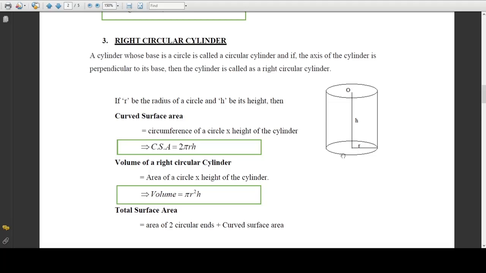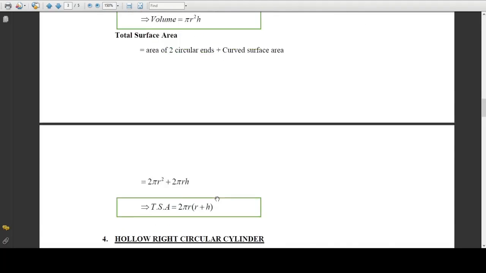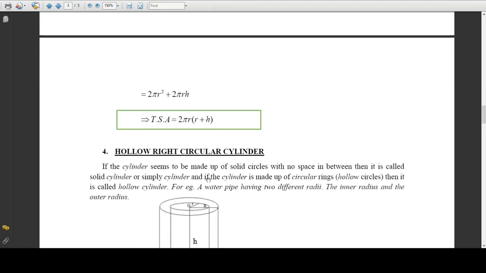You will get the total surface area. Okay, total surface area: here I've shown you the area of 2 circular ends plus the curved surface area. Curved surface area is this one, 2 pi r h, plus 2 pi r square, because there are 2 circles. Adding these two, you will get 2 pi r (r plus h), which will be the total surface area. And now the next